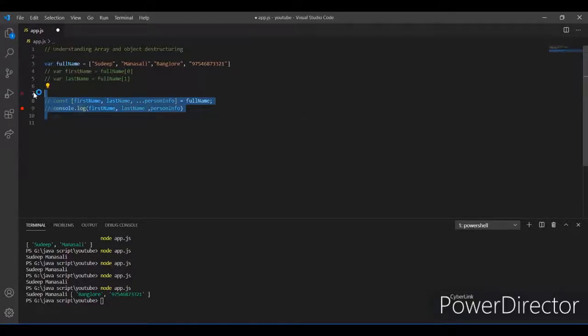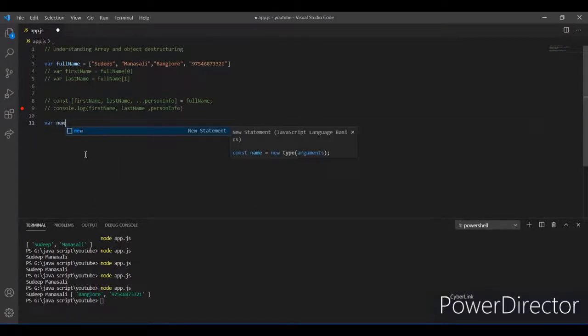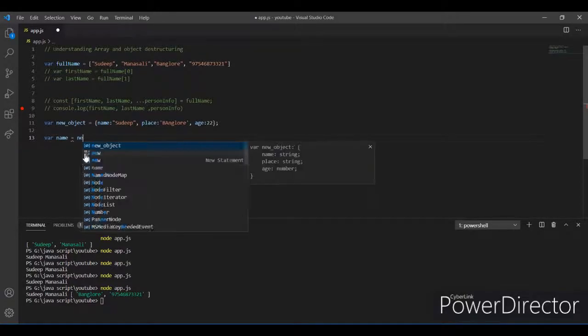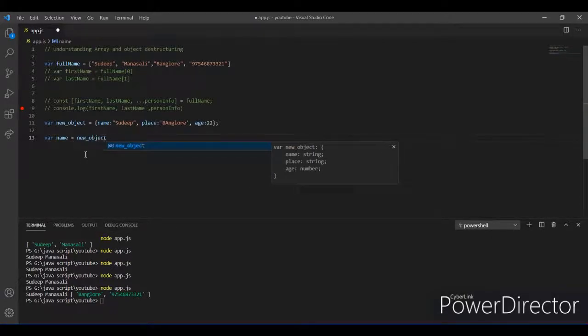Just comment this. Here you define an object, var new obj. Now if you only want to work with the name of the person, you can do it like var name with new object dot name. This will return the name property that holds the string my name, that is Sudeep.